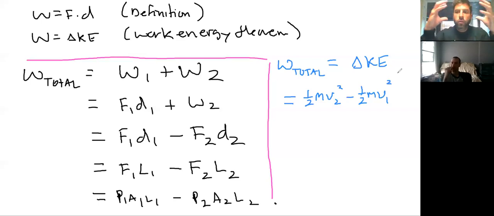So now I have two descriptions of the total work. Here I'm telling you the total work is this, and then I'm also telling you the total work is that. So in math, we call this the commutative property, or, I guess that's